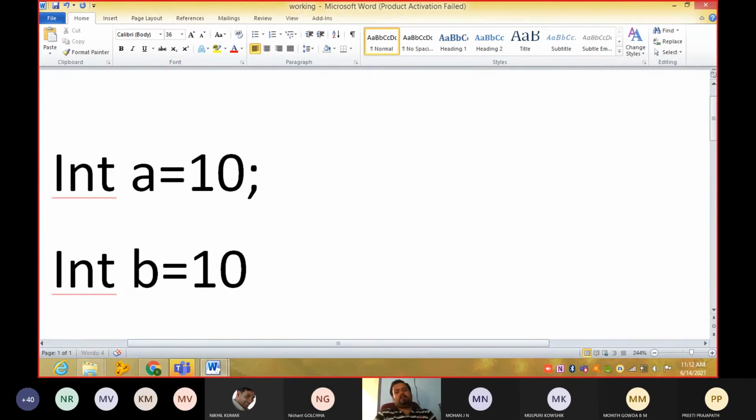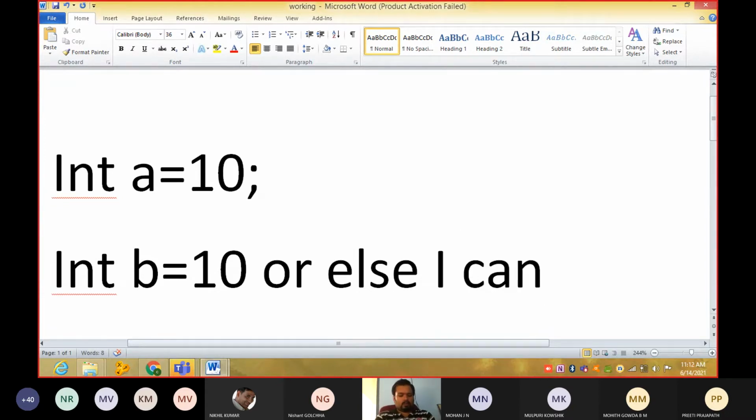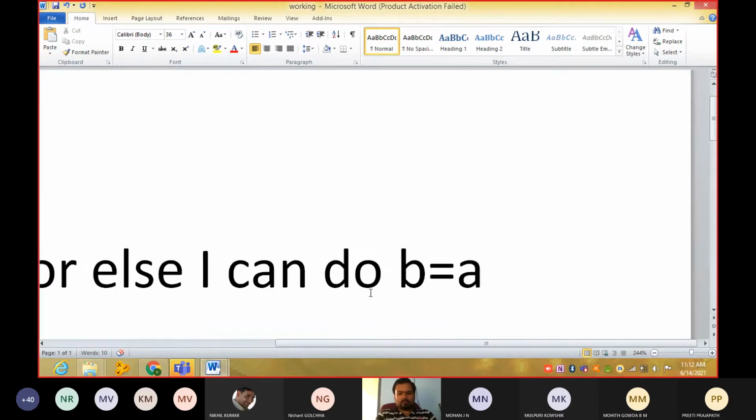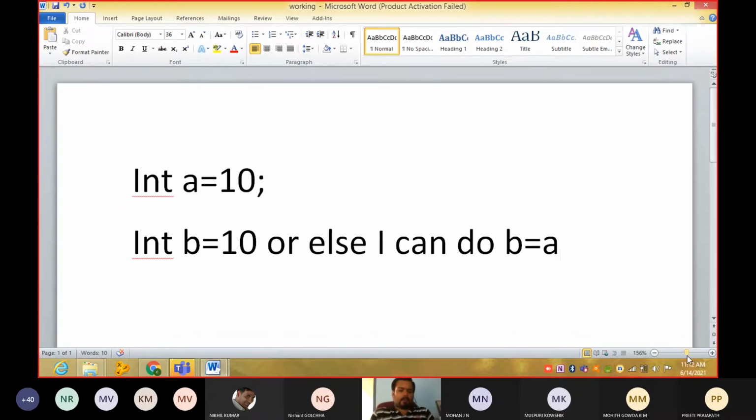Or else I can do b is equal to a. If I do this one, guys, what will be the value of b? What will be the value of b here?